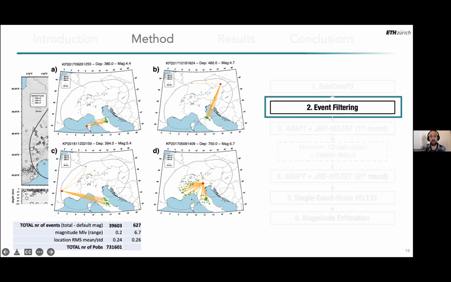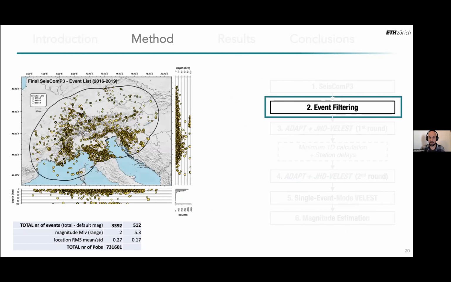Also, it may occur that 2 different events actually occurred at the same time, are recorded by different subsets of the network, but are erroneously merged by the associator in the middle. So this event filtering procedure was necessary in order to have a clean first preliminary automatic catalog. And in fact, we reduced the number of events to almost 3,400 events